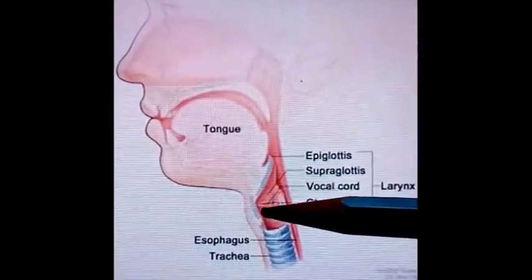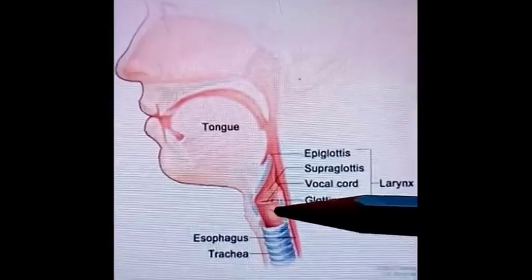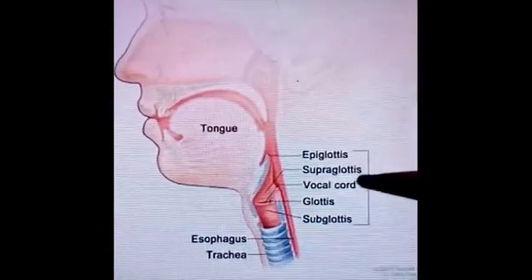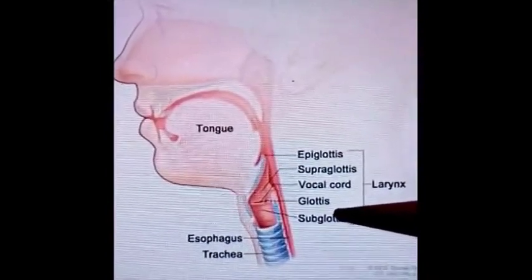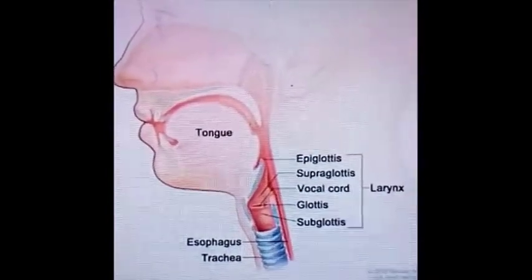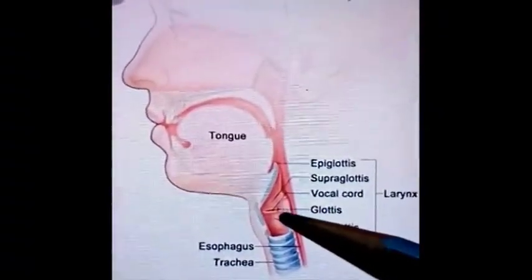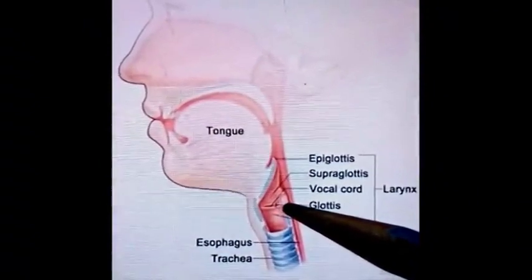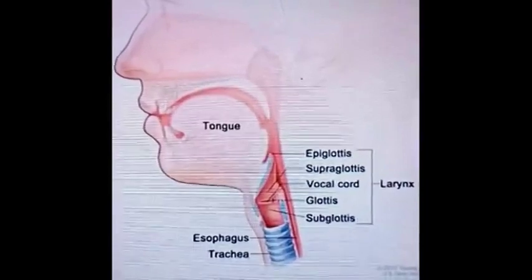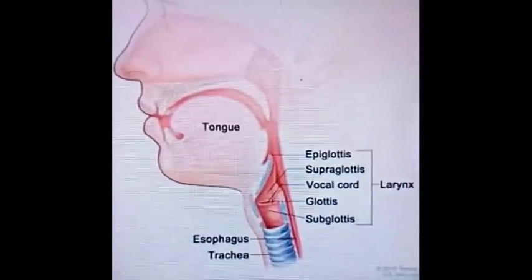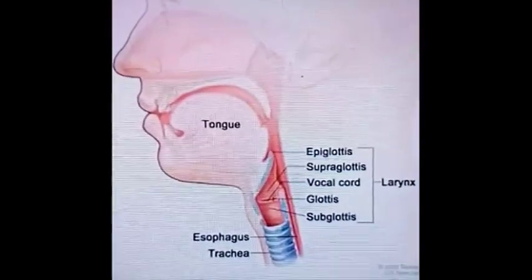The innermost lining of the laryngeal wall is made by mucous membrane, which is of different varieties, maybe stratified squamous type of epithelium and ciliated columnar type of epithelium. Outside the mucous membrane there is a broad sheet of fibroelastic tissue, which is known as the fibroelastic membrane of the larynx. So intrinsic ligaments are part of this fibroelastic membrane.